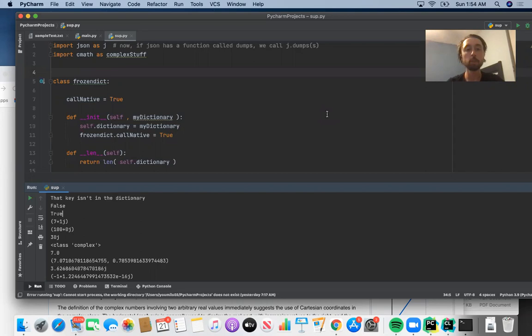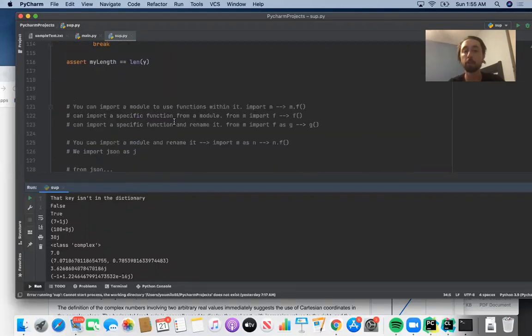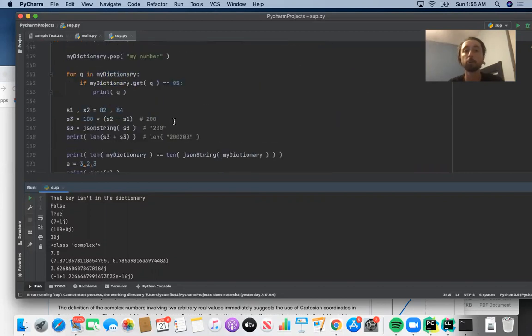In the previous lesson, we talked about frozen dictionaries, and we said that while it's not a standard data structure in Python, we can basically build a class that will implement a frozen dictionary. We're talking about a collection of key value pairs that's immutable. So we're thinking about a data structure where we can stick in a key and get a value out, but we're not allowed to add or remove key value pairs, and we're not allowed to reassign values associated with particular keys. So we can go ahead and think about the class that we talked about in the previous video,